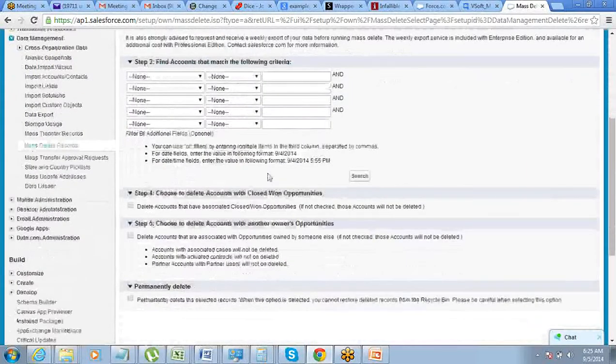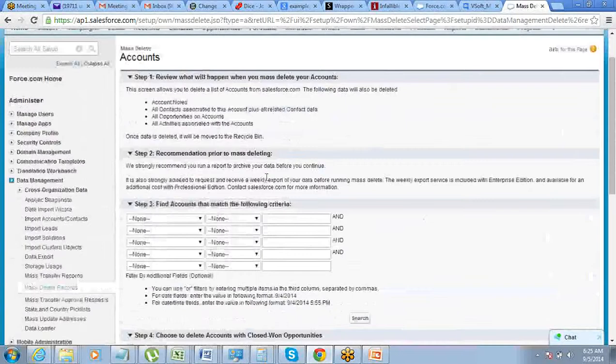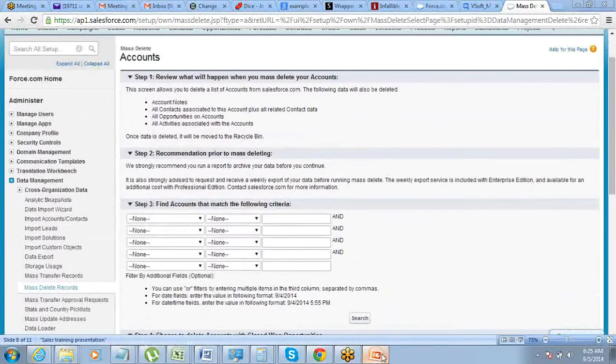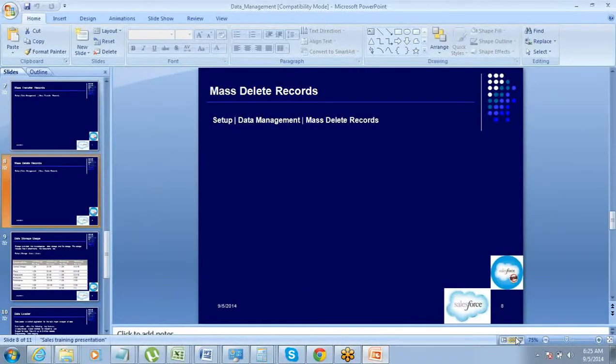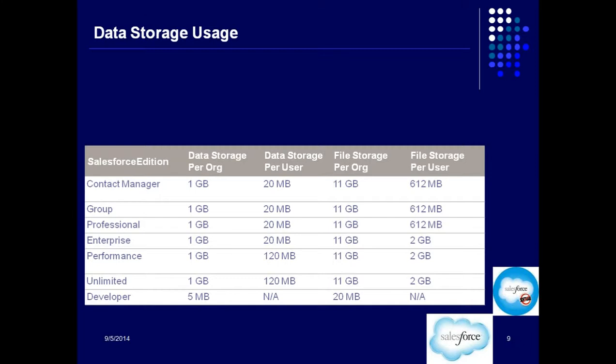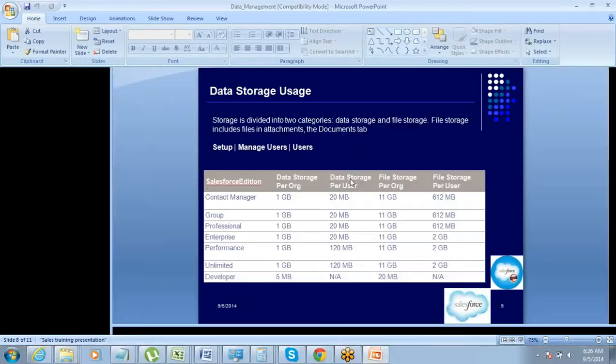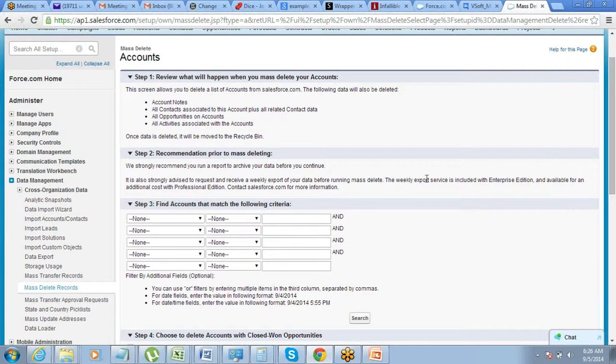Okay, so this part is done. Now there's just one more slide that we are going to talk about today. Mass delete of data we have done. Data storage usage. Okay, storage usage is what we have an option under data management which allows us to see the storage usage of our organization.